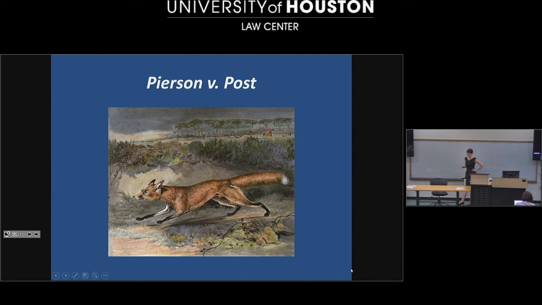Post sued because he wants the fox. Good, so good basic facts. Where did this all occur? In New England. Yeah, but I want to be a little more specific, like on Pearson's land, on Post's land,